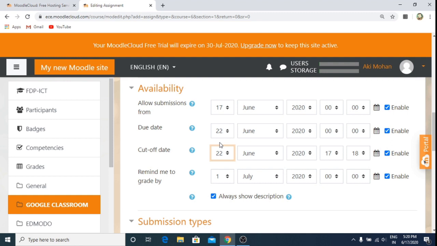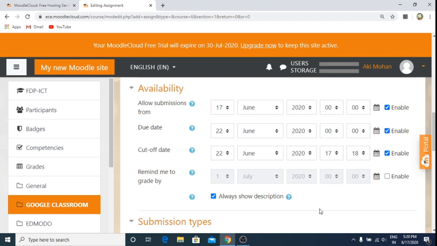And one more important thing, as you can see, you have a help symbol here. You can click on this to get the particular option. For what is this option? As you can see, whatever I said, that is what is mentioned here. So I even have an option here to remind me for grading. I can disable it or enable it, so it is as per my choice.